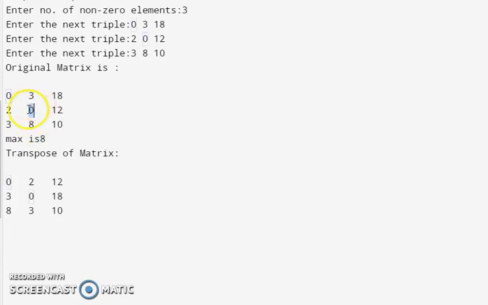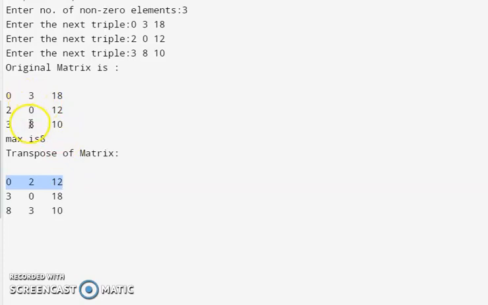So we have to identify all columns with index 0 and place them into the output. If there was another triplet with 0, 5, 13, it would have come after this particular value. So we have identified all columns with index value 0 and placed them in the output. After interchange, we have placed it in the output. Now increment the value of I, that is, now I value becomes 1.